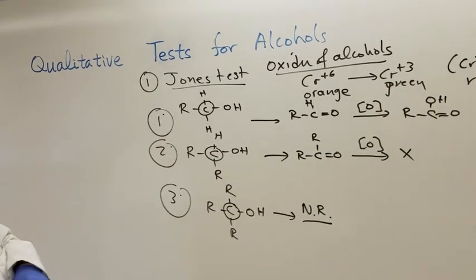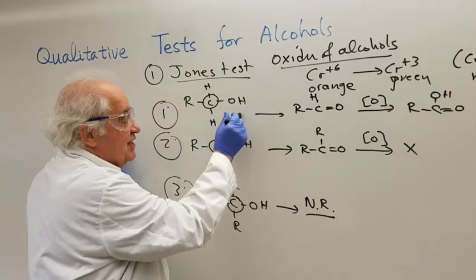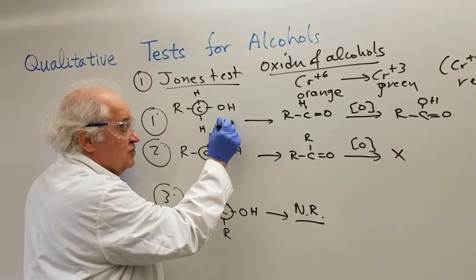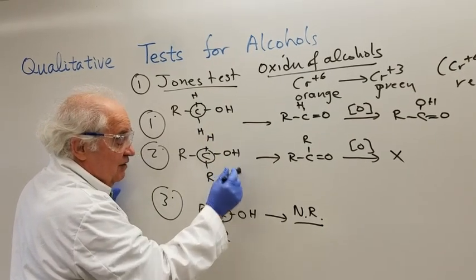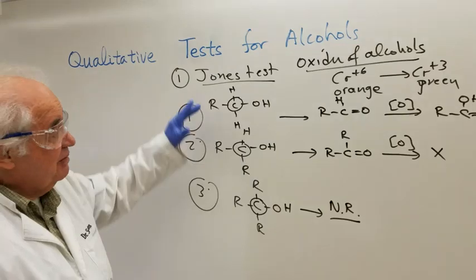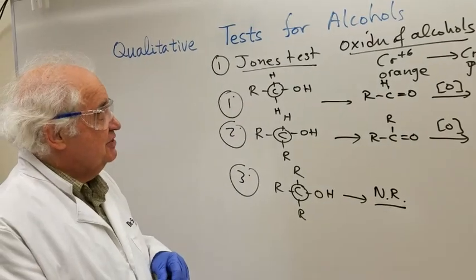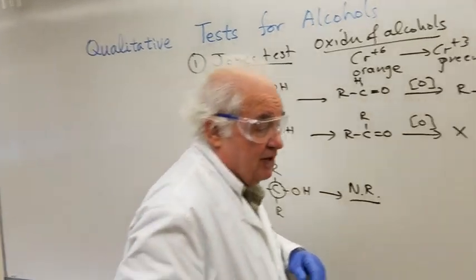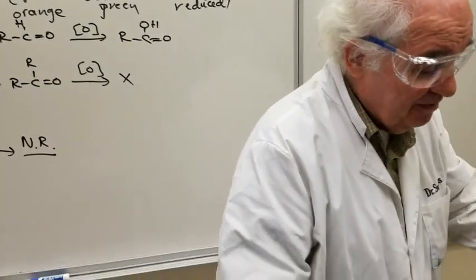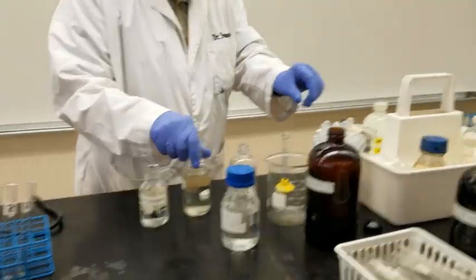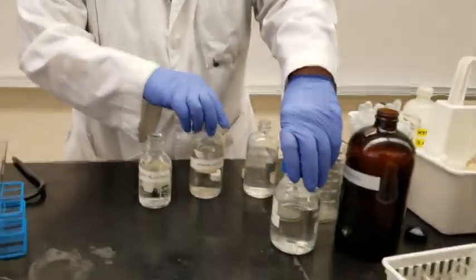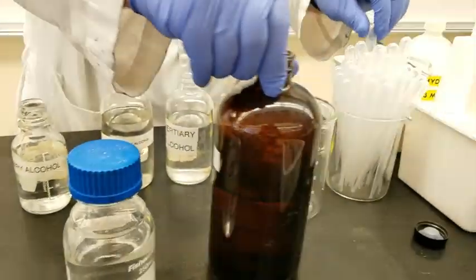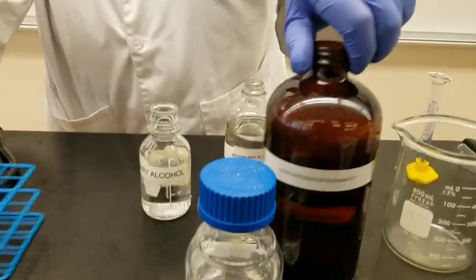But on a serious note here, you're going to be doing this test four different times. Once with the primary alcohol, once with the secondary alcohol, once with the tertiary alcohol that we know they are primary, secondary, and tertiary respectively. And then we will have an unknown and try to compare. So here we have a primary alcohol, and a secondary alcohol, and a tertiary alcohol. And what we're going to be using is sodium dichromate,